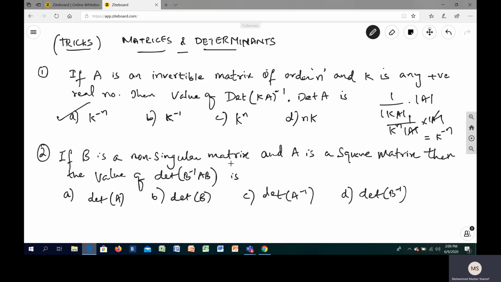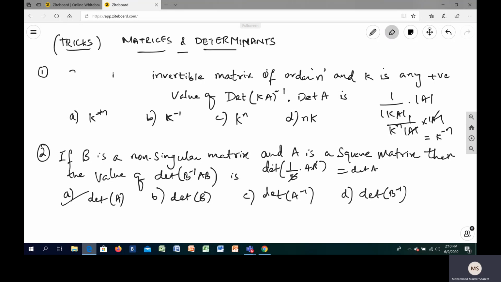Similarly, if B is a non-singular matrix whose inverse exists, since it is non-singular, and A is a square matrix, then what is the value of determinant of B inverse A B? So here we cannot go with this one, but we can write one thing over here. I have B inverse within the bracket, so I can write determinant B inverse as 1 by determinant B. Determinant A and determinant B remain. Your answer is done now. B and B cross out, so your answer is nothing but determinant A. Isn't it simple, students? With this simple trick of the properties of determinants, you can do any sort of questions pertaining to what we have.